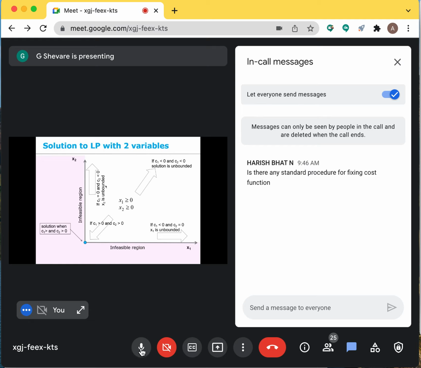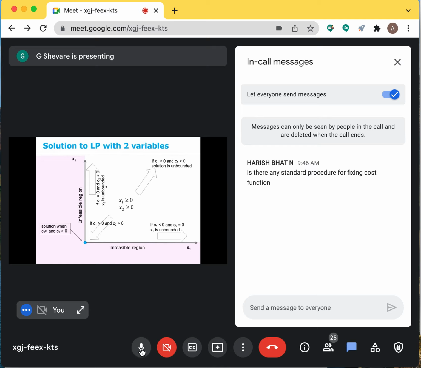Supposing that I am supposed to distribute material to 10 different shops, which are located at 10 different places through several routes, several paths. Each path will have a cost associated with it per kilometer. So the total cost required in traveling will be the cost to travel per kilometer multiplied by the length of the path, etc.